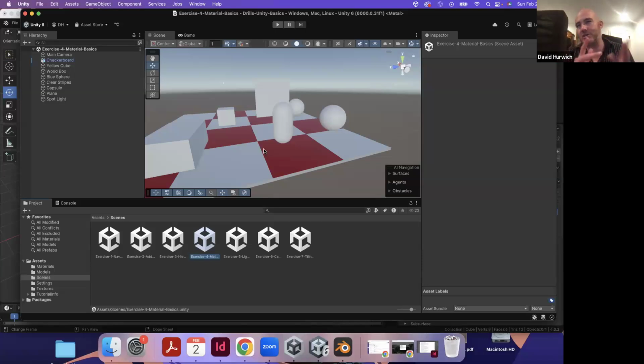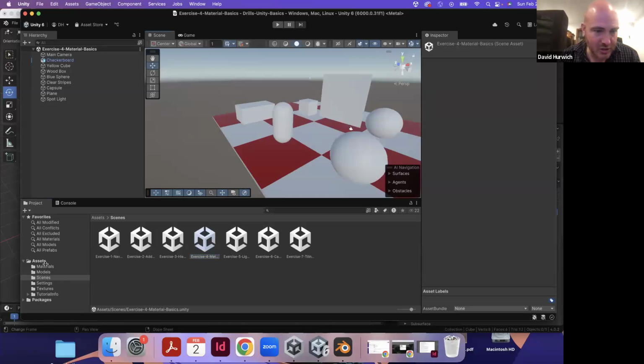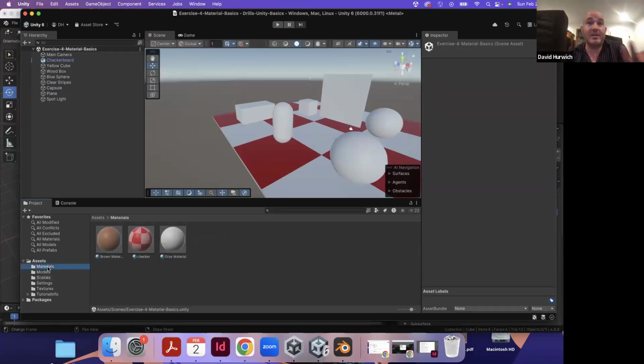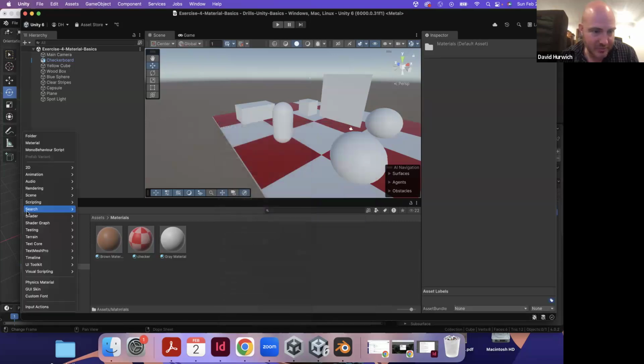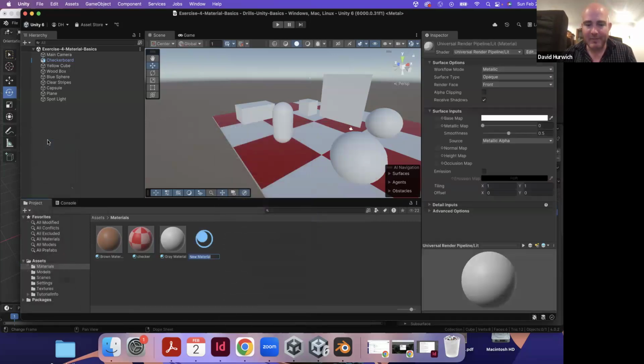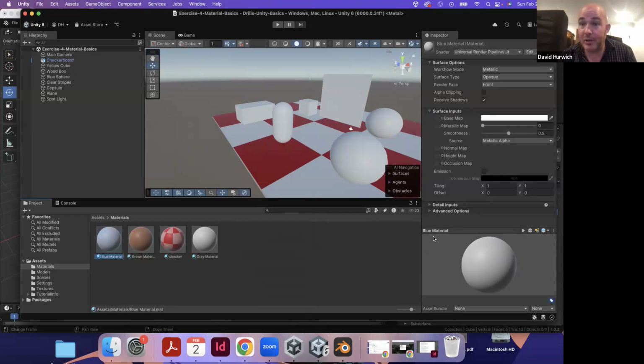Okay, so in this I'm going to show you guys how to make various types of materials in Unity. So let's go to the materials tab, and what I'm going to do is make a new material from scratch. I'm going to right click right in this window, and I'm going to go to create material. You could also click on this little plus sign, material. Okay, I'm going to call this material, let's call it blue material. Okay. So you can see I have this gray material, and this has kind of changed a little bit since